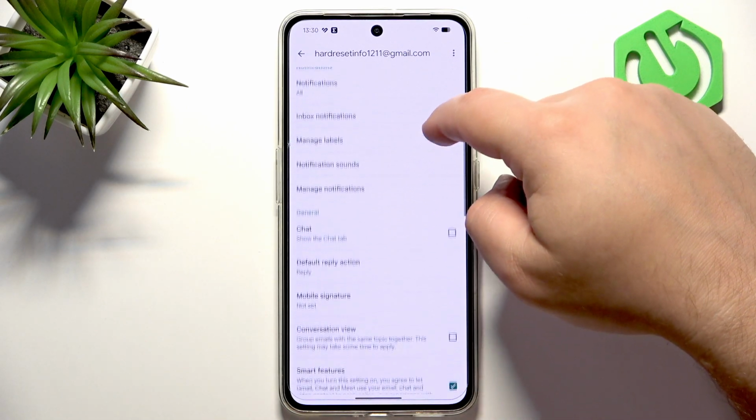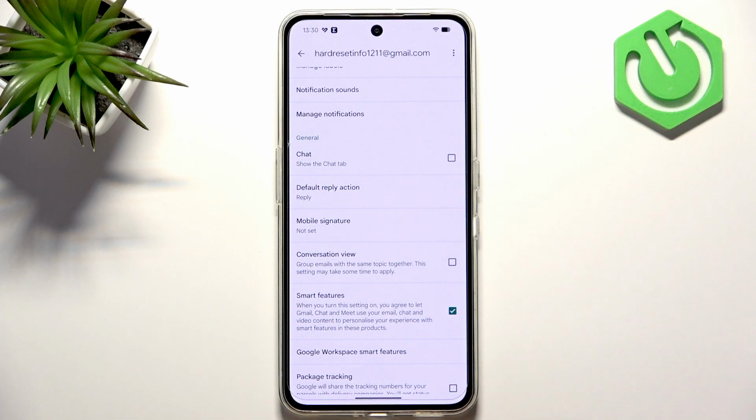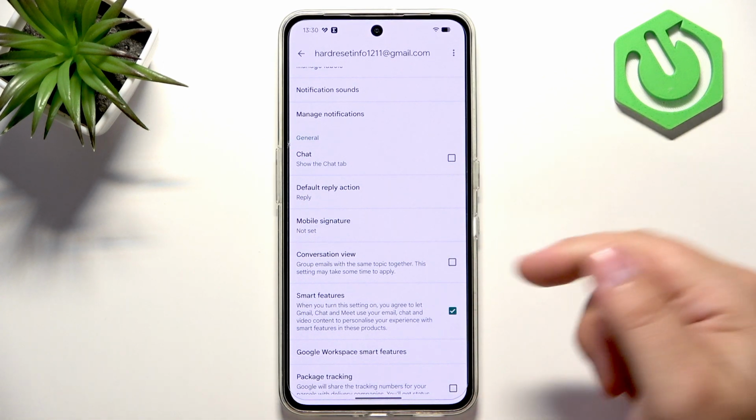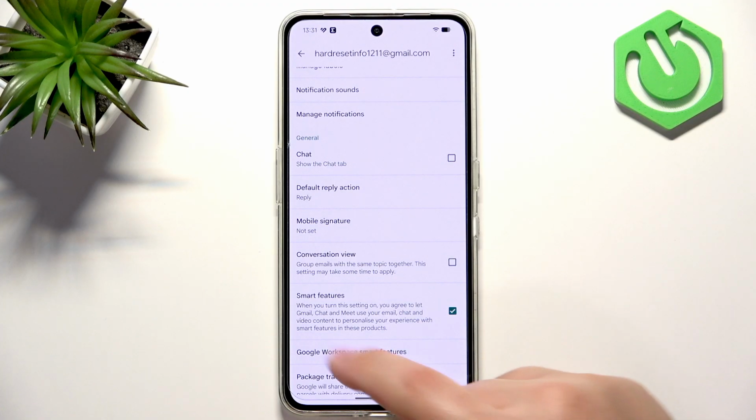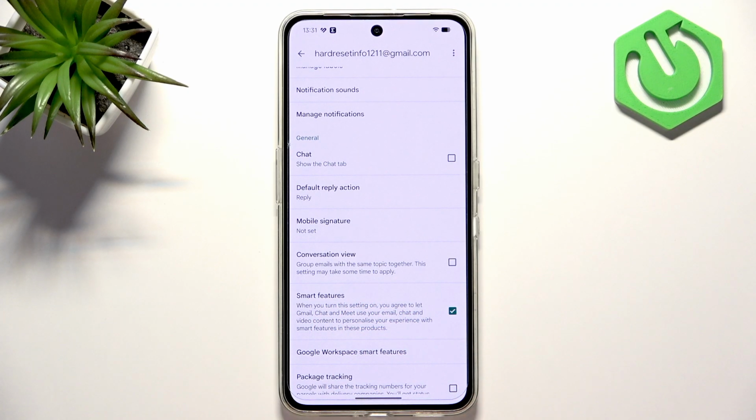And scroll through the menu, look for the conversation view, and if it's disabled and you want to enable it, you can check the box right here. And basically what it does, it groups emails with the same topic together. So basically, if you have some emails with the same topic, it will group them together to look like a conversation, basically. So we can enable it,